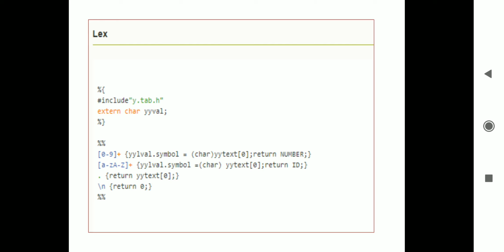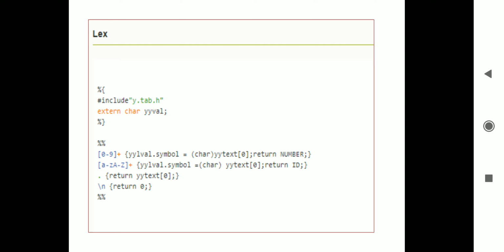Now in the translation rules, we need to write some regular expressions. What is the regular expression? Here, in brackets 0-9 plus. If any combination of 0 to 9 occurs, it returns the token name, that is, a number. So the output is return NUMBER. Whatever yytext we read, it returns the token name NUMBER.